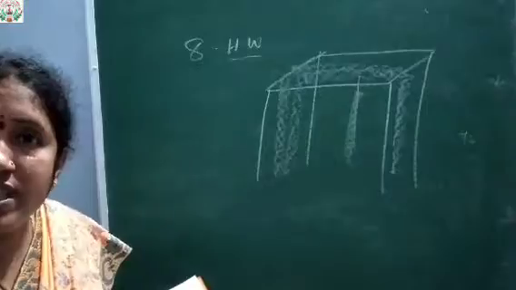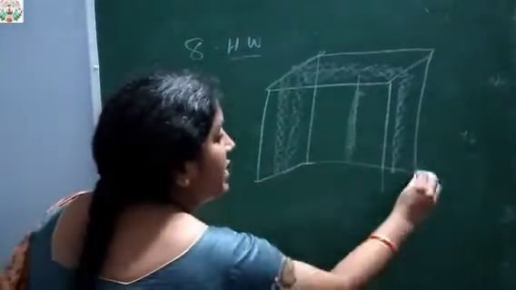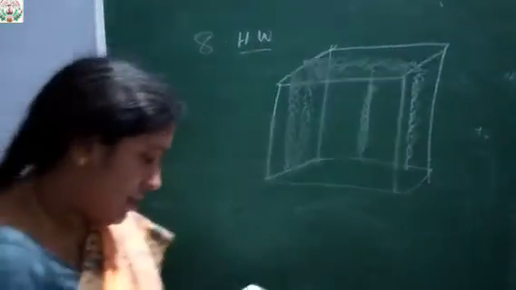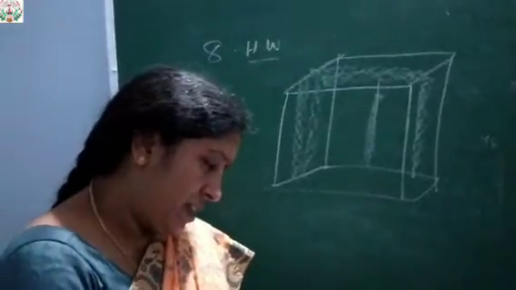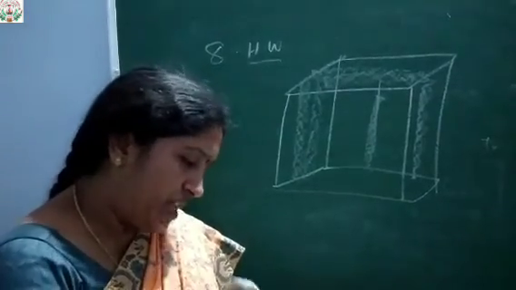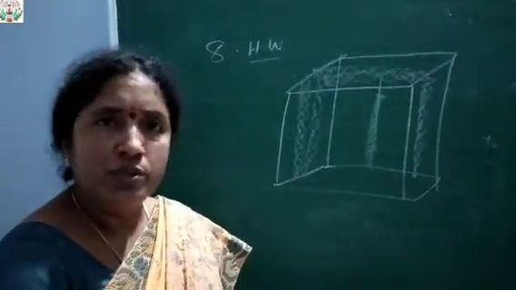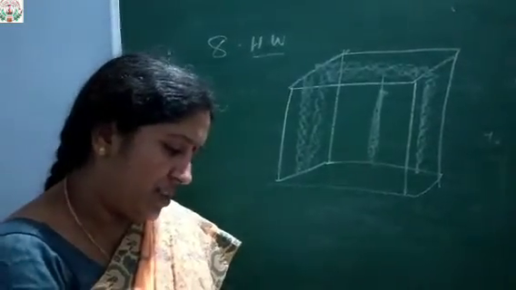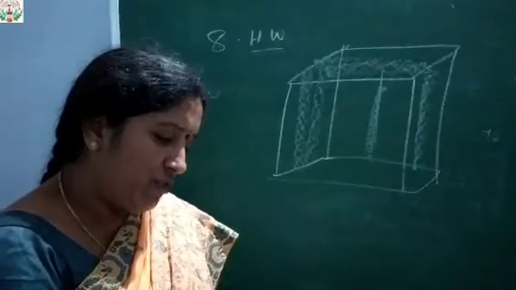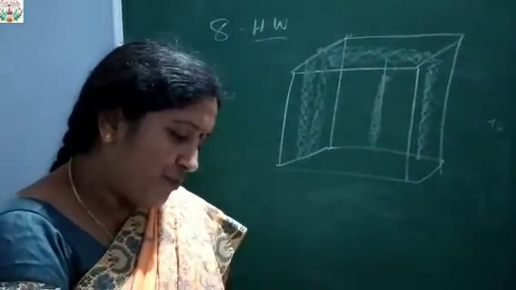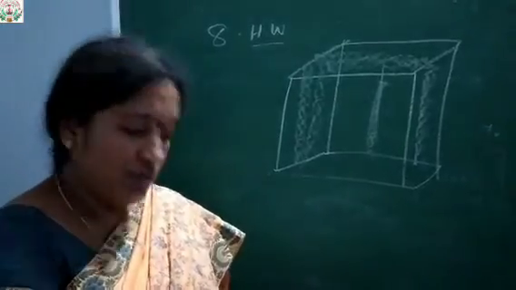The car is on the floor, so the floor will be exempted. So total surface area minus the area of the floor, that is the rectangle. Clear, children? So now what do you have to find? Assuming that the stitching margin is very small and therefore negligible, so do not worry about the stitching margin, how much tarpaulin would be required to make the shelter? Height is 2.5 with base dimension 4 into 3.